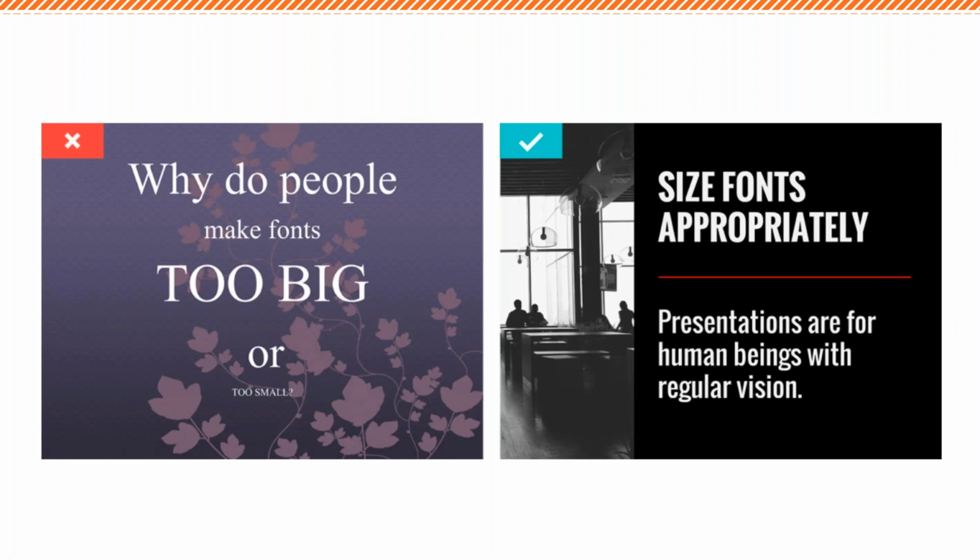So make sure that you size stuff appropriately. This goes with imagery, but it also goes with fonts. Especially for those of you doing these presentations on a cell phone or a tablet, it's a smaller screen, right? I don't remember what the dimensions of an iPhone are, maybe 5 or 7 inches. But that's a really small screen in comparison to what Professor Irisari and I are going to be watching these presentations on.